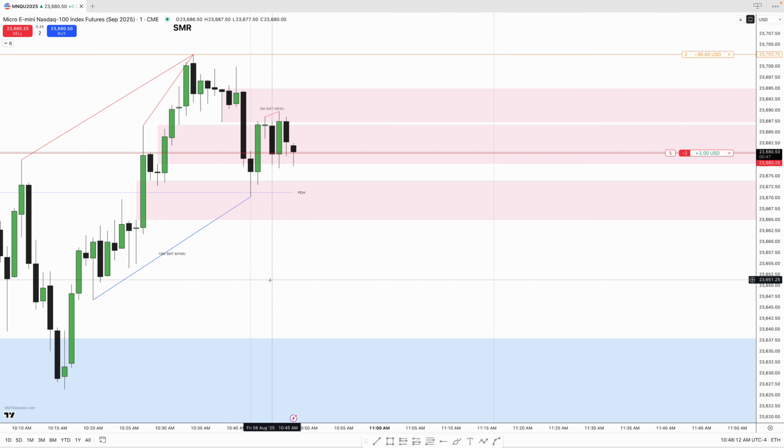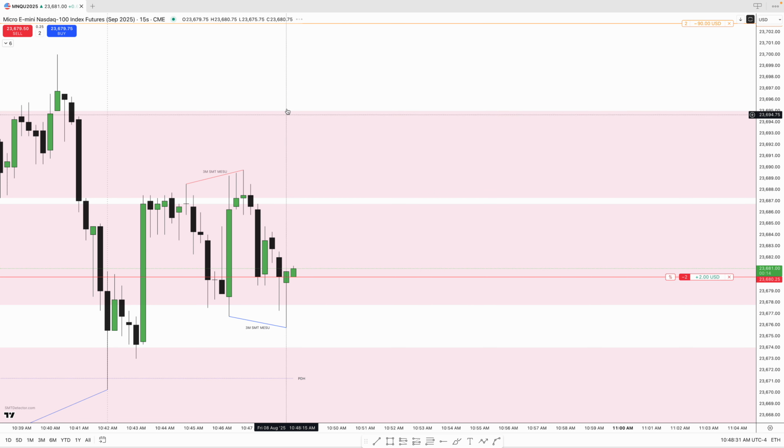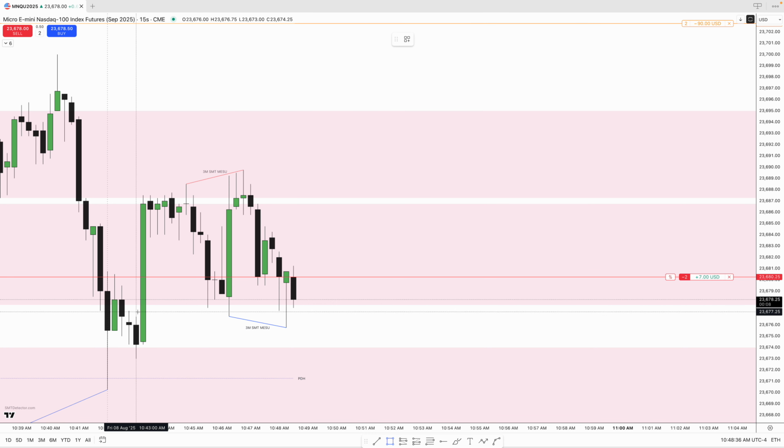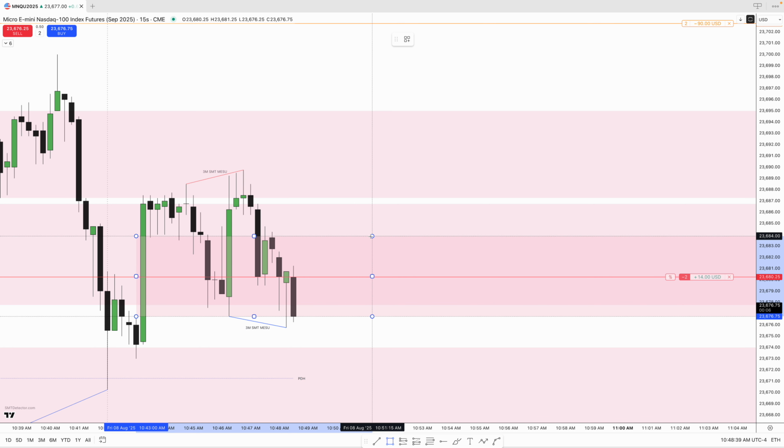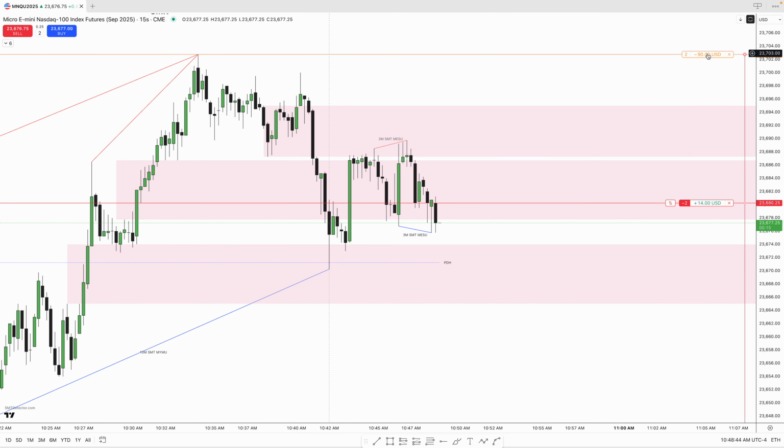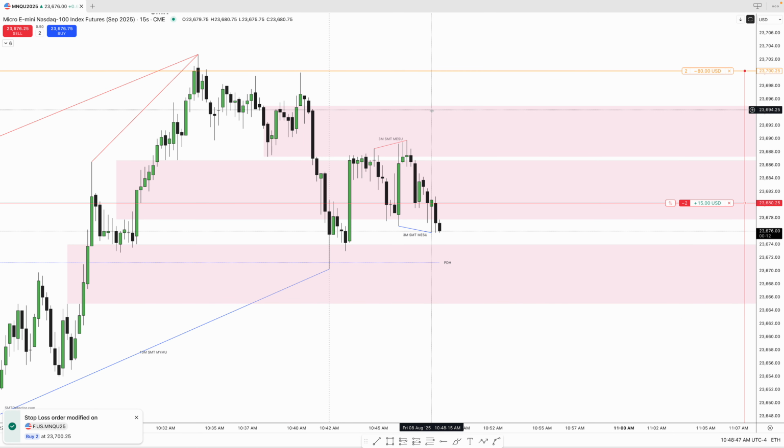Took the low, took the high, now took the low again. SMT here remains. ES is now moving lower. It should take these. ES has taken this low. We have SMT now again. At this point, I'm going to zoom into the 15-second and see what we have here. So if we get down below and close below here, I'll reduce. I'm already going to reduce to here because I don't want price to come back. So if we close down below,